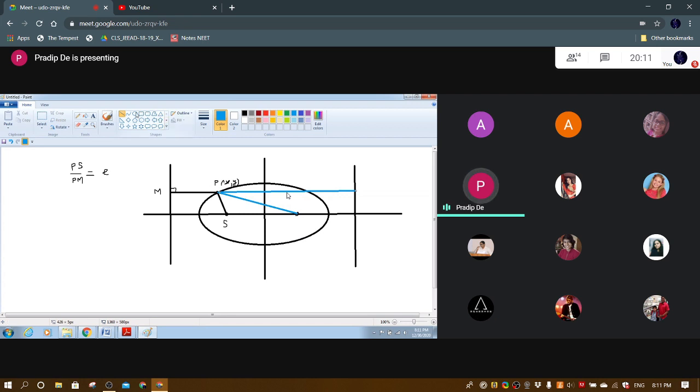So if I name the second focus S dash, and this point M dash, then I may say that PS dash upon PM dash